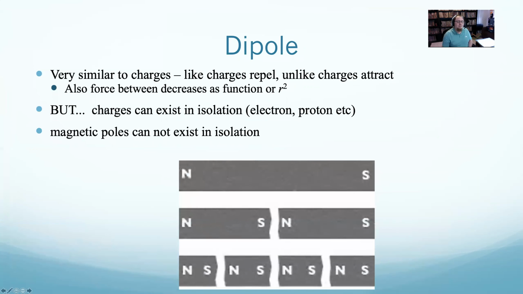If you ever try to take a magnet and cut it in half, you end up creating a new north pole and a new south pole. And if you cut that in half, you end up with a new north pole and a new south pole. You can never have a magnet with only a north pole or only a south pole. All magnets will always have a north